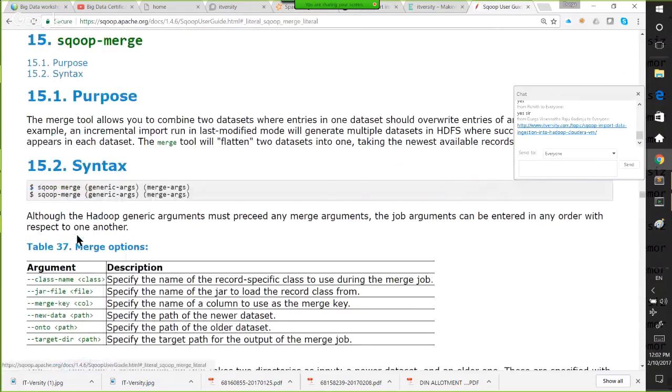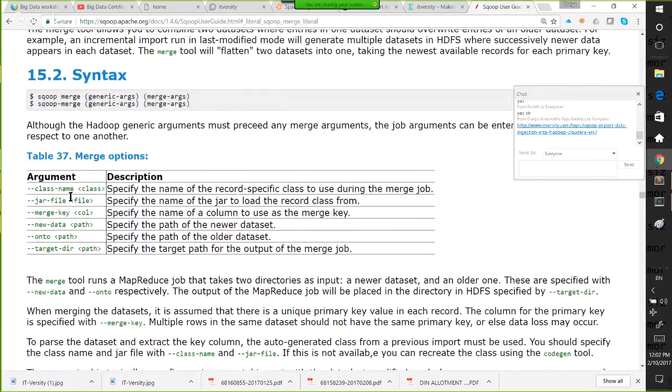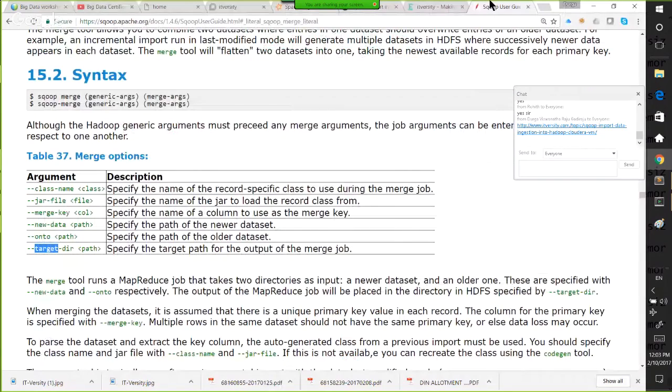And if you go to Sqoop merge, these are the arguments which you need to understand. What is the merge key? Where is the new data? Where is the older data? And what is the target directory you want to copy the data into? Okay. So in our case, if you go here,